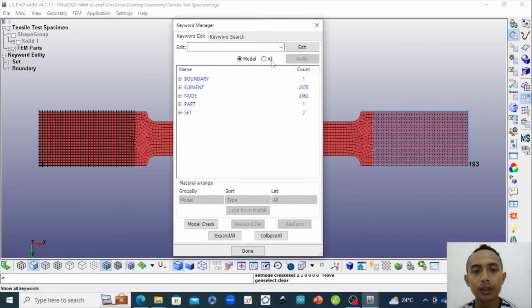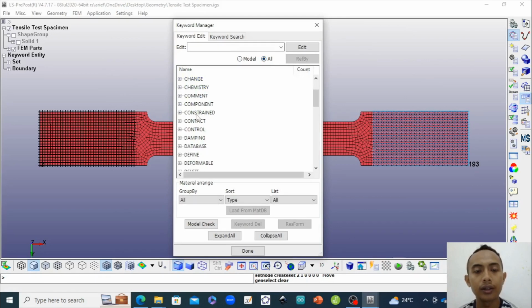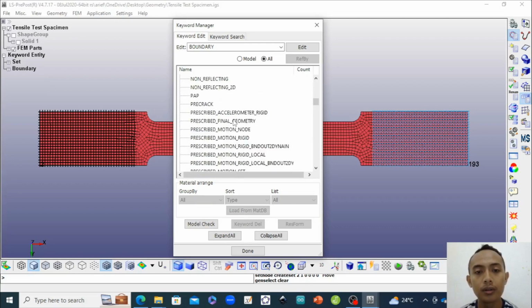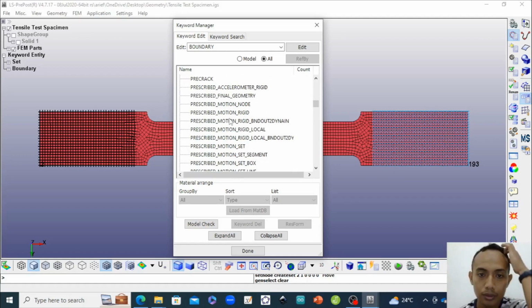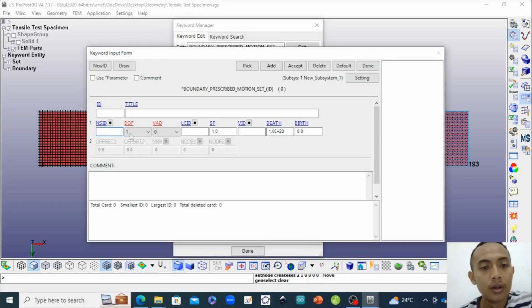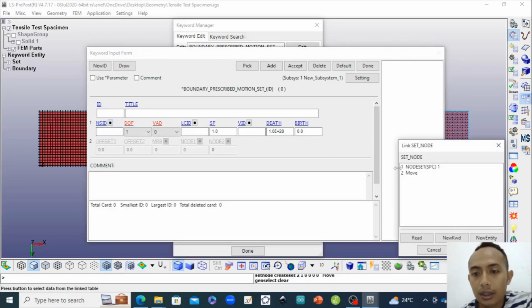must be defined. This is a quasi static tensile test, so you have to define it using Boundary and Prescribed Motion Set, that is prescribed motion rigid. It means using a rigid body. Node means using one node maybe, and the prescribed motion set is using the set that you have defined before. So node ID, this is the set, and just select move,